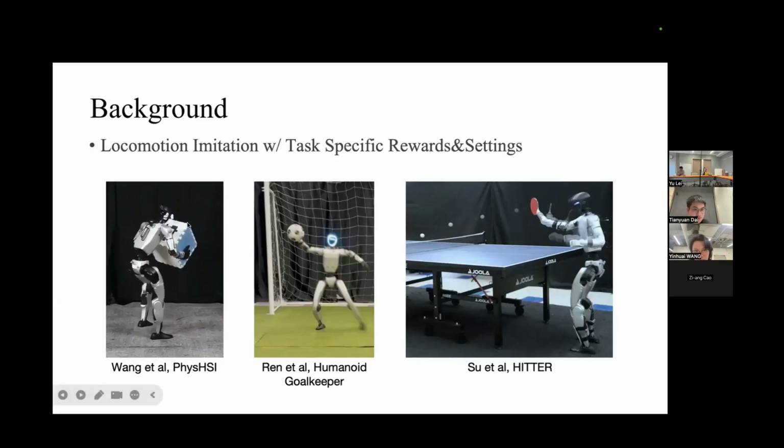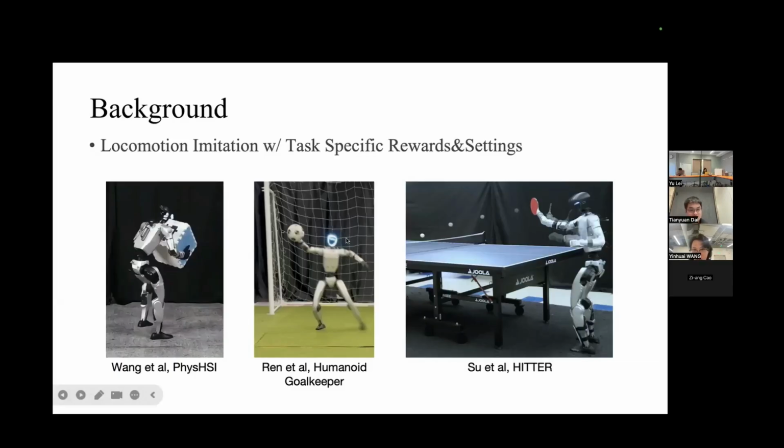As for other works like humanoid goalkeeper and hitter, they treat the interaction task simply as moving the end effector to a certain point: they first estimate the landing location of the object and then command the robot to move to that position.